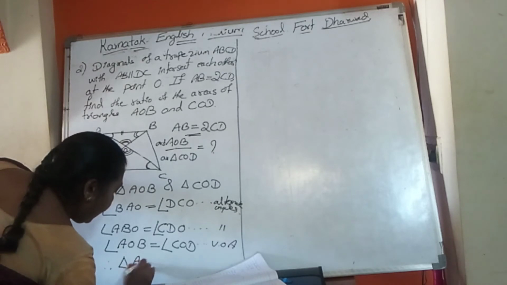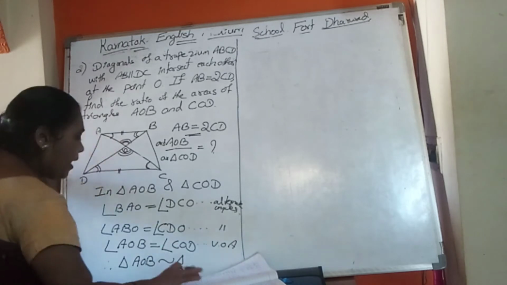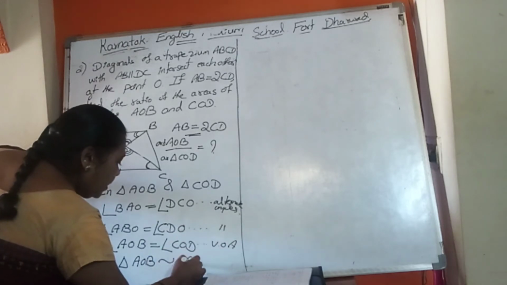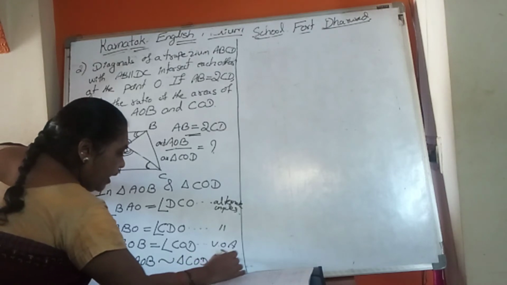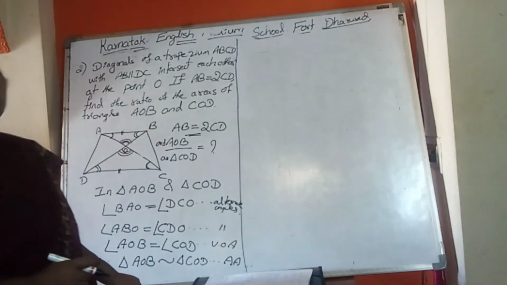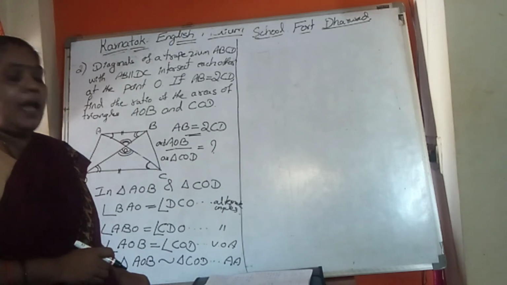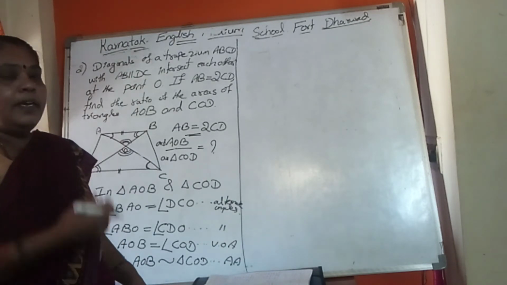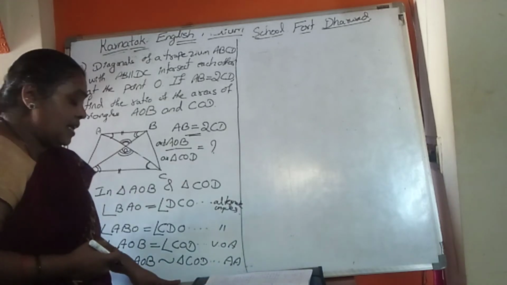Therefore, triangle AOB is similar to triangle COD because of the AA criterion. AA criterion means the angle criterion. You already learned that theorem. When these two triangles are similar,